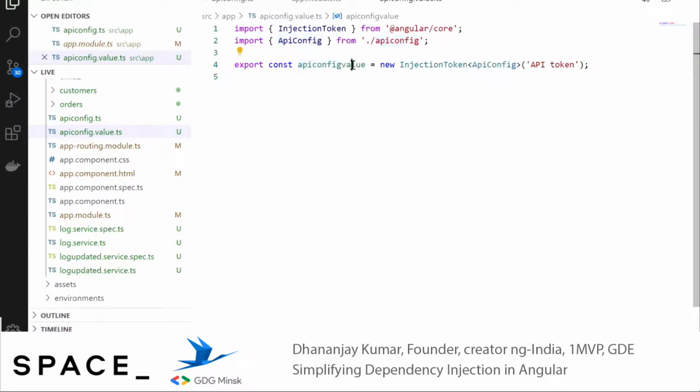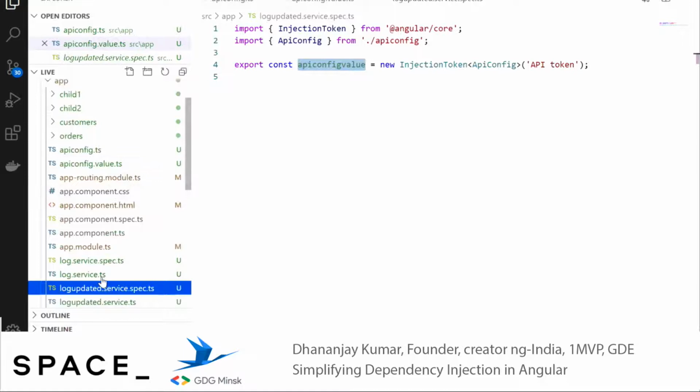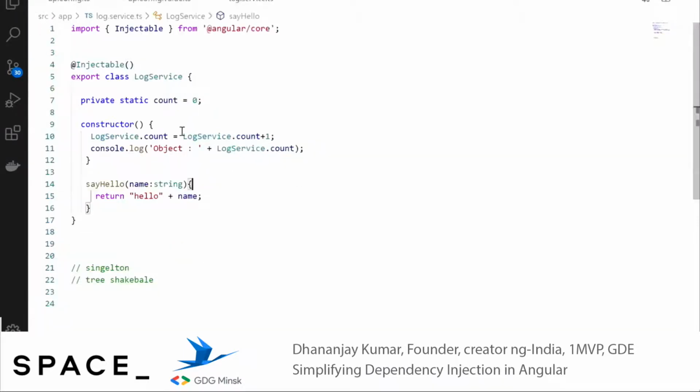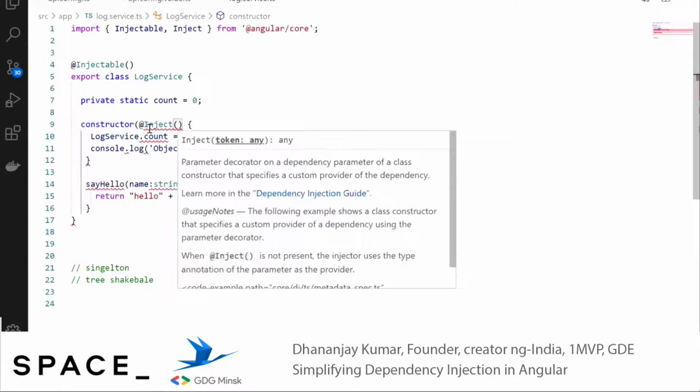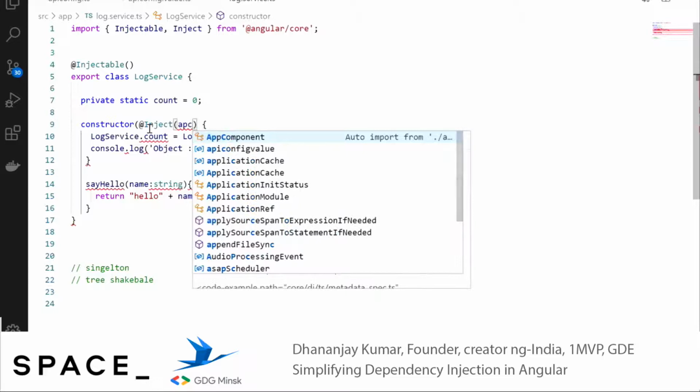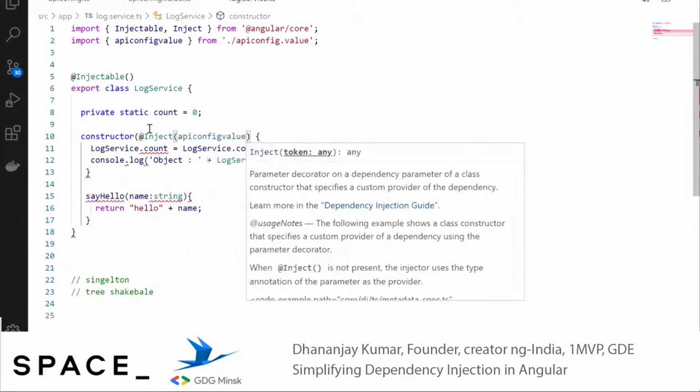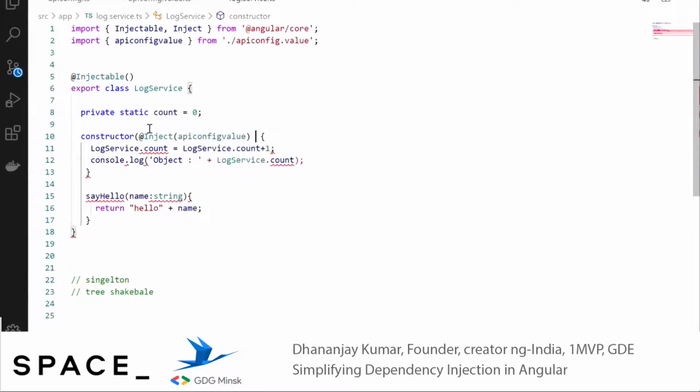But to use that, first we need to inject this API config value into the log service. So let's go to log.service.ts. To inject that, we'll go to the constructor and say Inject, and we need to inject API config value. Then we'll say private and give any name to that config.